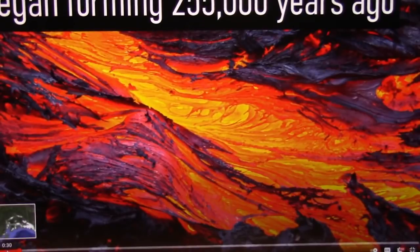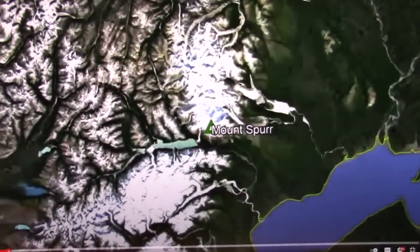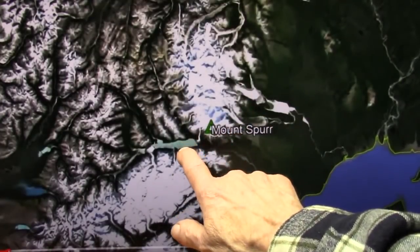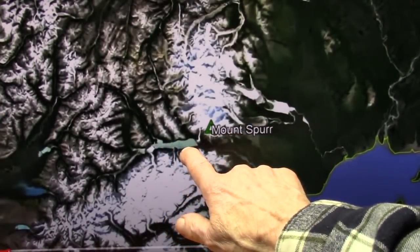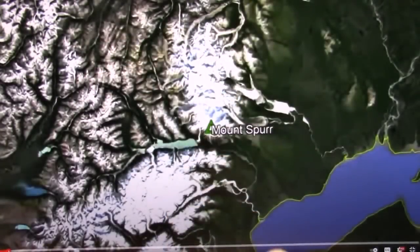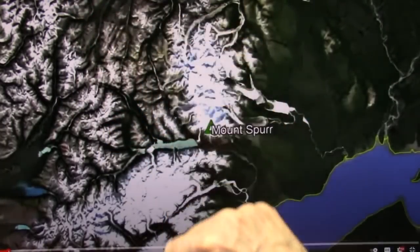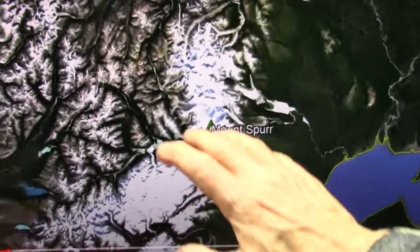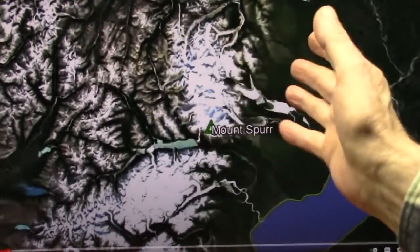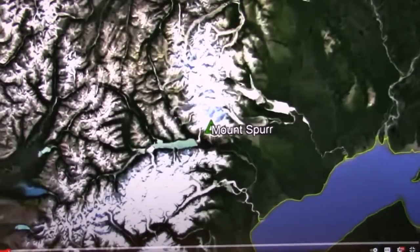I was in Anchorage. I didn't even know Mount Spurr was there. I lived right over the other side of Cook Inlet. You see these different colors? Whenever you see those different colors, and I showed you, I believe, all of the guts and everything of Mount Spurr and all of the chemistry that pulls back in the moisture and so forth from all of those, I think they were intestines or something like that. And